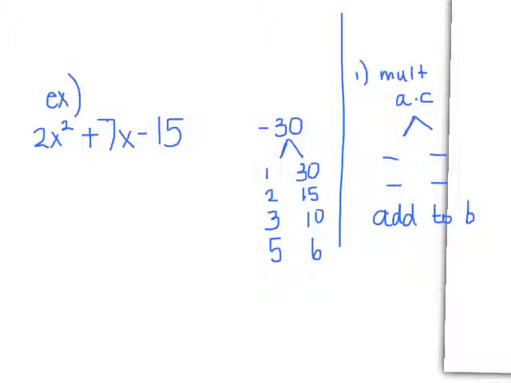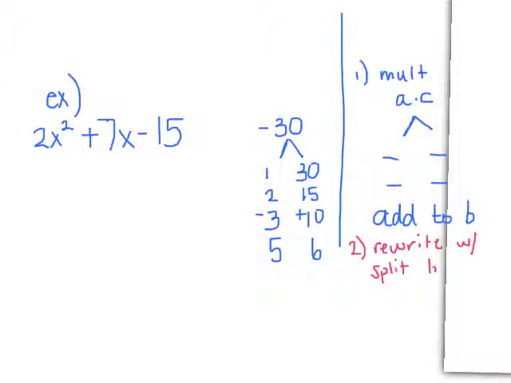So 1 and 30, can that add to 7? No, it can't. 2 and 15. No, it can't. 3 and 10. Yes. How? So if you use a positive 10 and a negative 3, that will add to 7. Okay, so that's your step 1. Step 2, rewrite with split